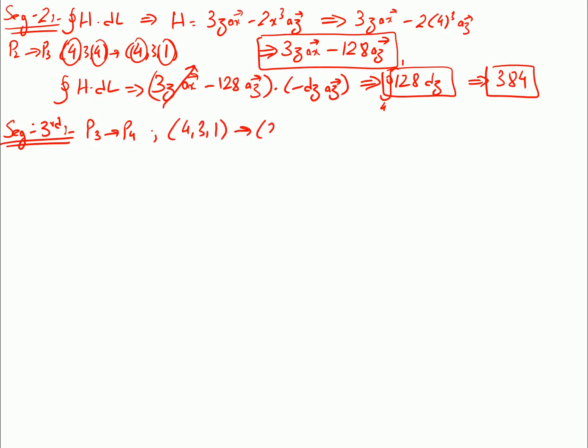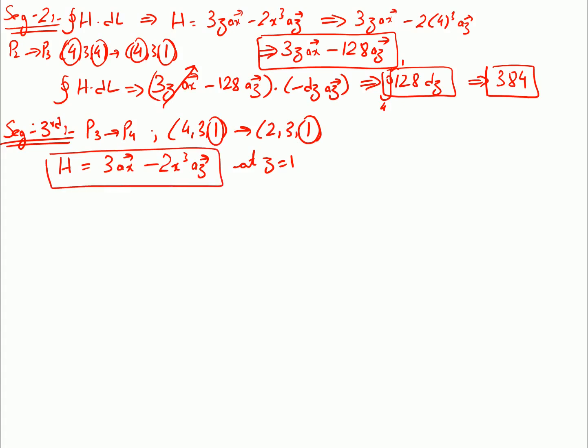431 to 231 and H dot dL. So I'll just write it immediately now. H is going to be 3ax minus 2x cubed a_z, and I have taken z equal to 1 because z has a common value. So this is the H value, and then we can do H dot dL, where dL has a value